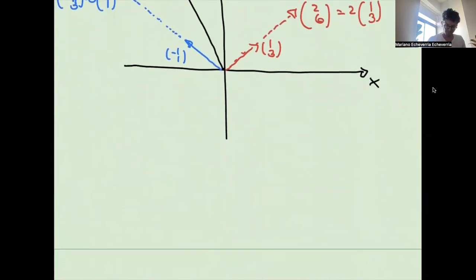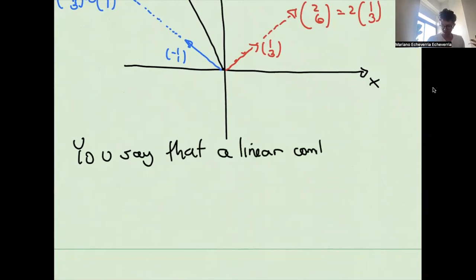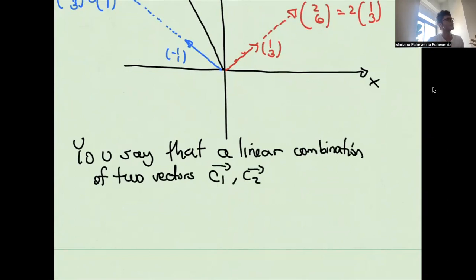So you say that a linear combination of two vectors, C1 and C2, you'll see why I'm calling them C1 and C2 in a moment, is any vector that can be written as,